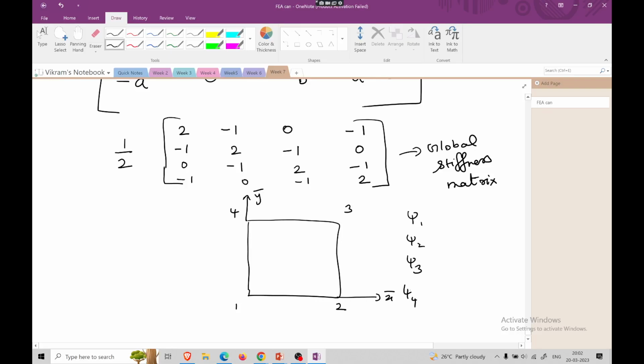So I'll just try to evaluate one term. So what is dou psi i by dou x? If you differentiate it, you will get it as, if I expand psi 1, it will be 1 minus y bar by b minus x bar by a plus x bar